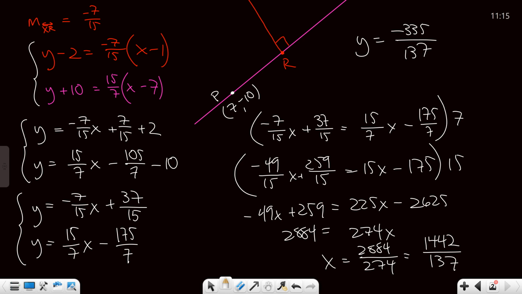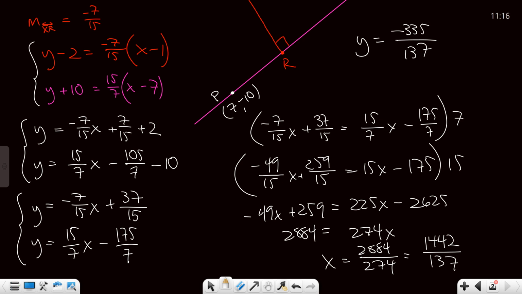So you'll notice I didn't want to multiply everything by 105. So I did it by 7 first to get rid of the 7 denominators. Then I multiplied by 15 to get rid of the 15 denominators. Did the numbers get big and ugly? Yes. But who cares? Because I have a calculator. Well, I stole a calculator, but go from there. I didn't finish the problem because you all know what to do now.